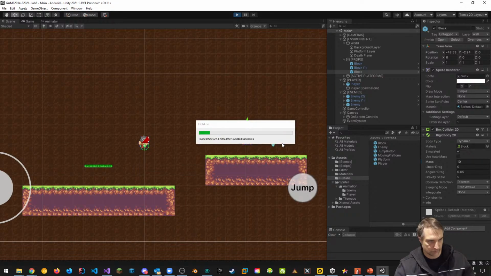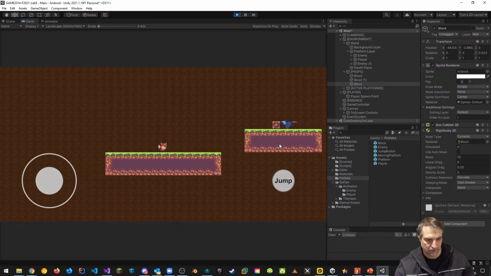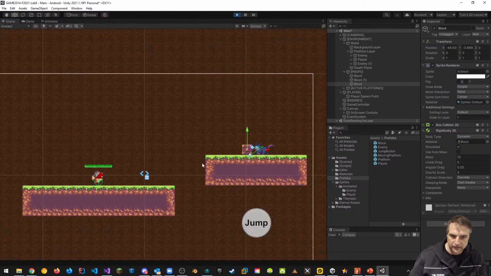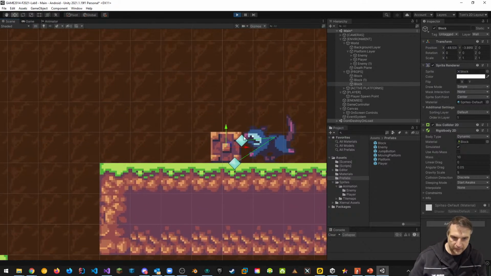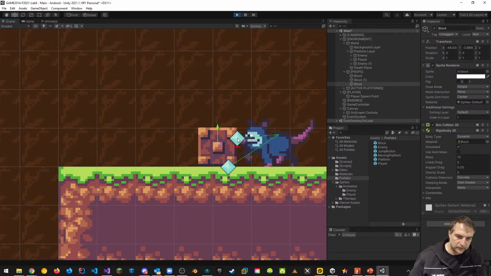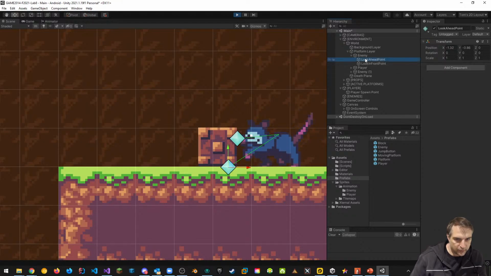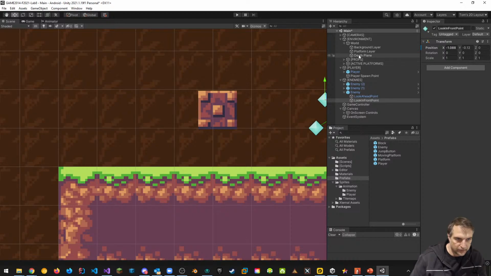Now what it should do, remember that blocks are walls, and it should flip around, right? And now it's not doing it. So that's something where we can see there's a bit of a bug, and we can figure out what's happening. So here we can see, is it colliding with this object? So again, we want the enemy itself, the look ahead point or look in front point itself. So enemy,